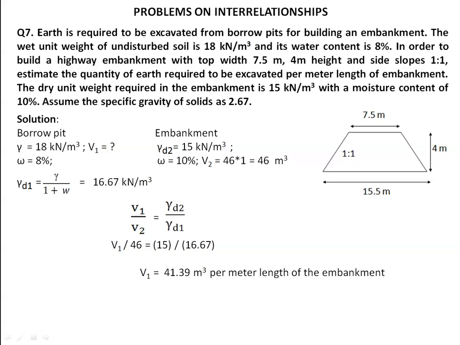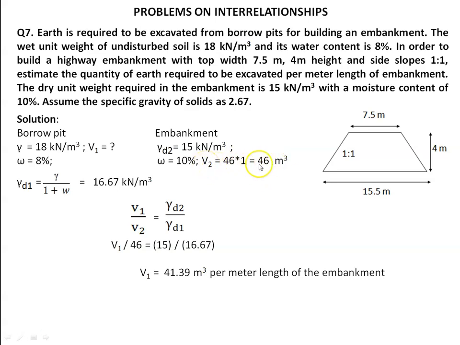So here for the borrow pit, bulk unit weight is given and water content is given. For the embankment, directly the dry unit weight is given along with the water content and volume. Volume is not given directly, but the dimensions are given. So using the dimensions, we can estimate the volume by taking unit length. So you can multiply the cross section area with unit length